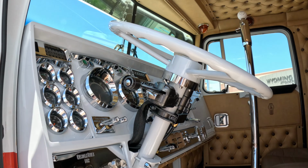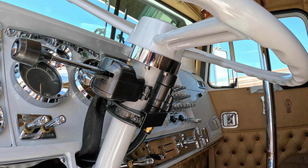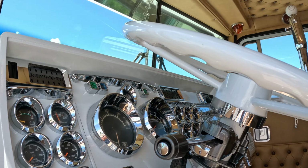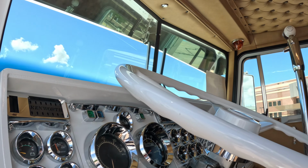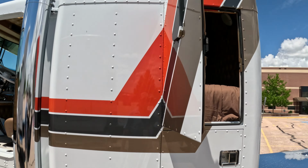Redid the whole interior. 2B is upholstery out of Seattle, Washington. Actually did the interior and the cab. The sleeper that was on here was actually a 36-inch coffin, and we stretched it so much that I actually wanted to put... I actually had the sleeper sitting in the shed, so we put this one on here, and